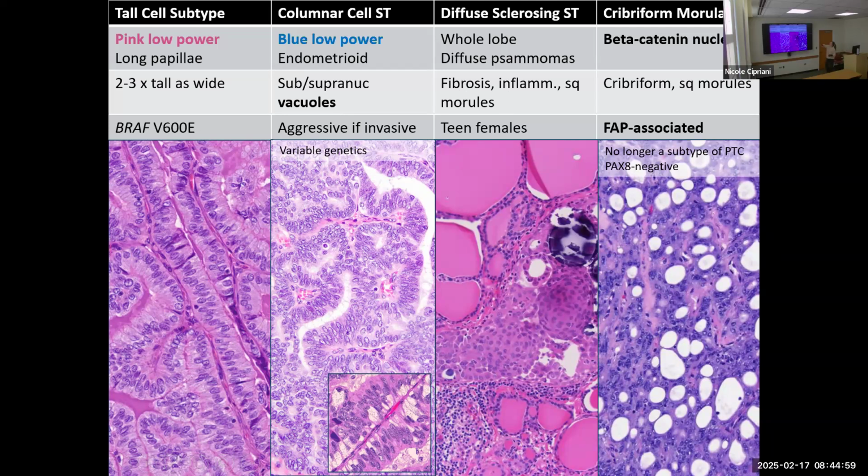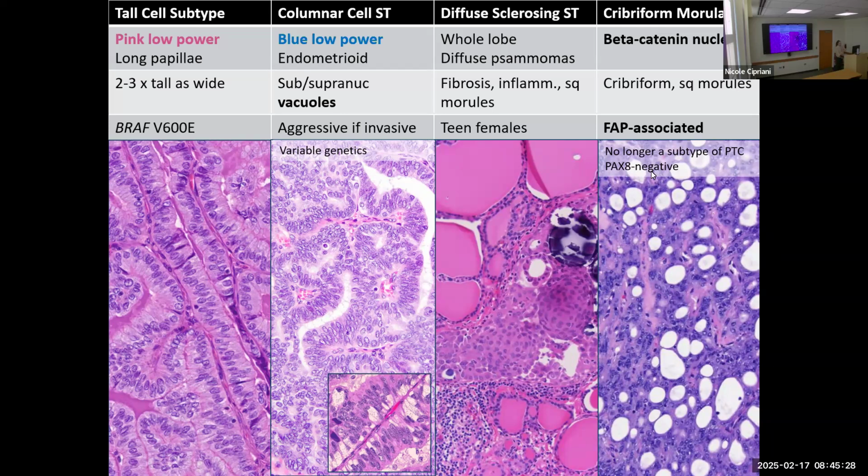The other tumor that is known to have squamous morules is cribriform morular, but the background here looks different. It has this Swiss cheese kind of cribriform pattern. And if you see this type of pattern, throw on a beta-catenin. And if you have beta-catenin localizing in the nucleus, you may raise the subtype of cribriform morular. This can be associated with FAP, so the patient should be germline screened if they do have beta-catenin in these